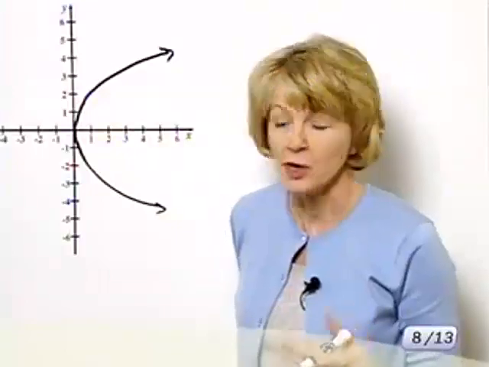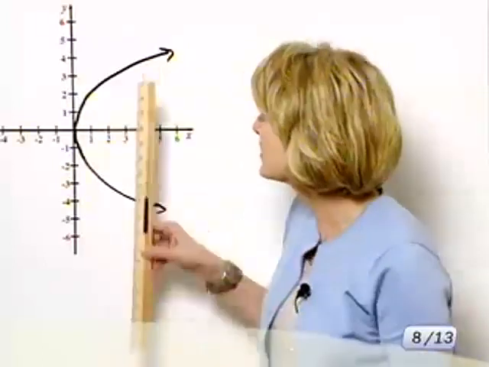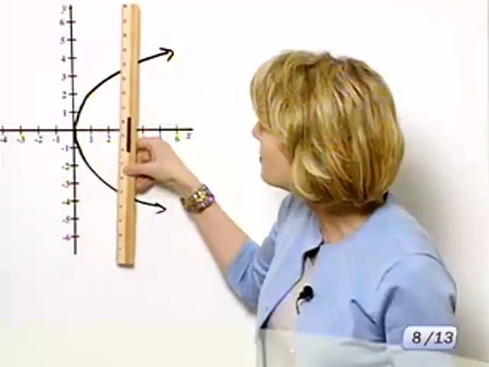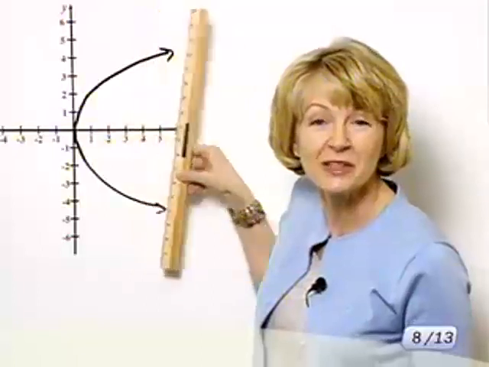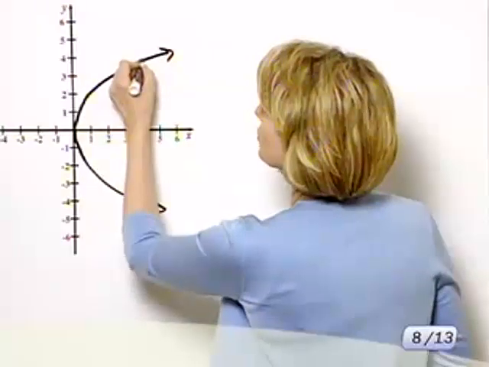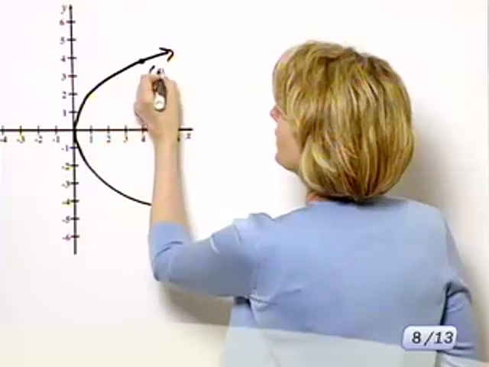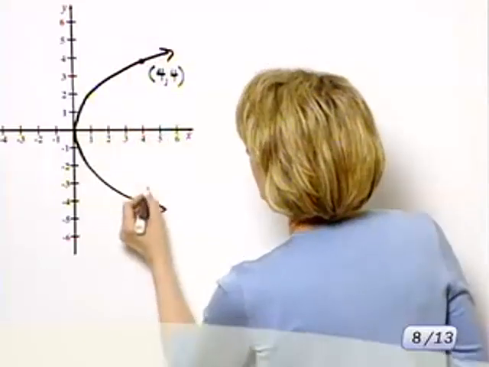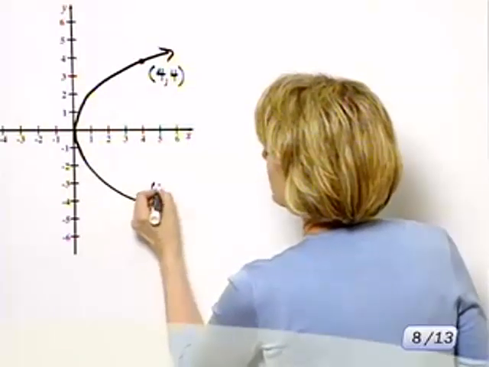Study this graph a moment and tell us whether you think this is the graph of a function. Can you draw a vertical line that cuts or intersects this graph more than once? The answer is yes. There are, in fact, many vertical lines that can be drawn that intersect this graph more than once. Just so you'll understand why the vertical line test works, let's suppose this point is 4, 4, and let's suppose this point is 4,